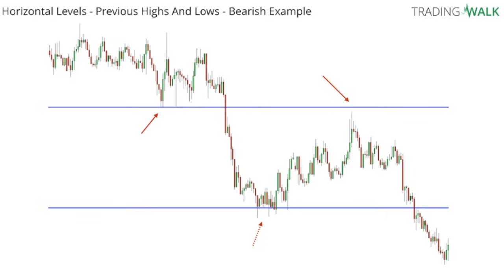Here is the Aussie USD in a 1 hour chart. You can see that when we finally broke that low, the support level, we made a strong bearish move down where we made a new low. So when we come up to that previous low, which now is going to act as resistance, we want to be shorting. And as you can see, levels are not exact. You can see that we did not get up to that level. But from that level, we continue down like a stair step and made a new low.